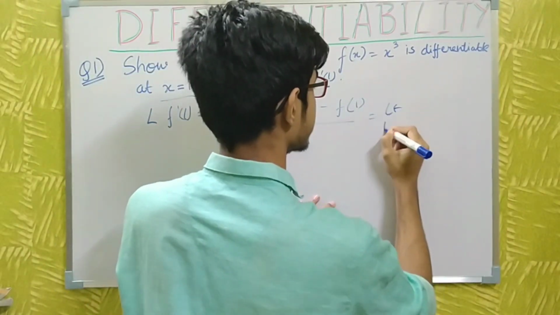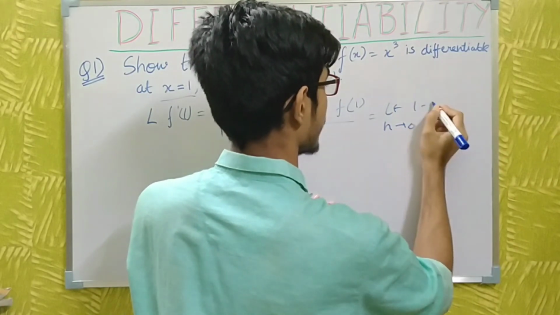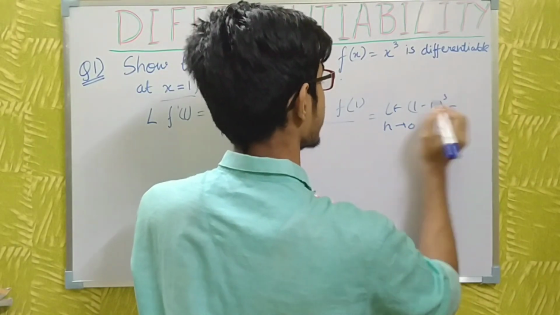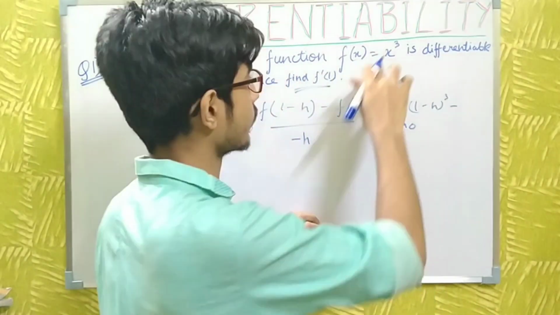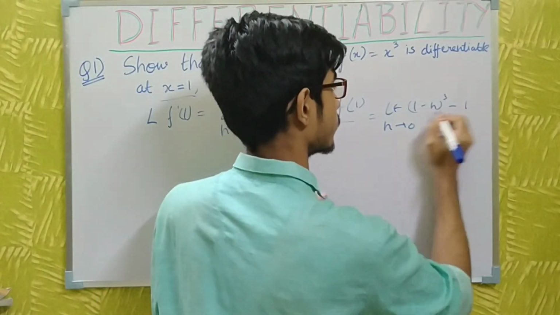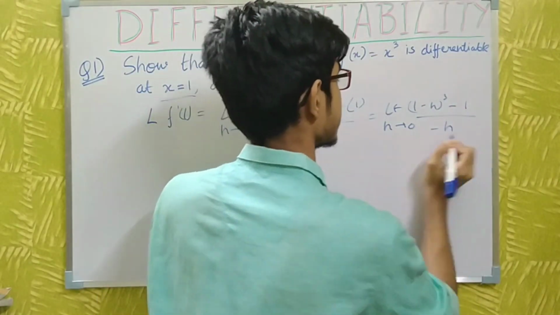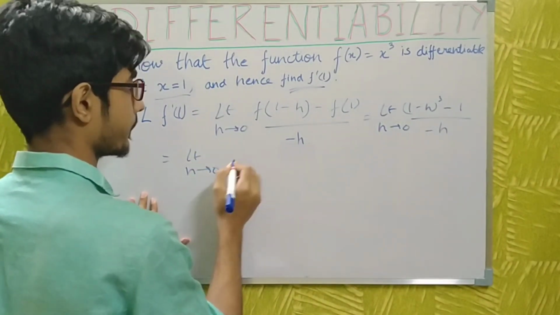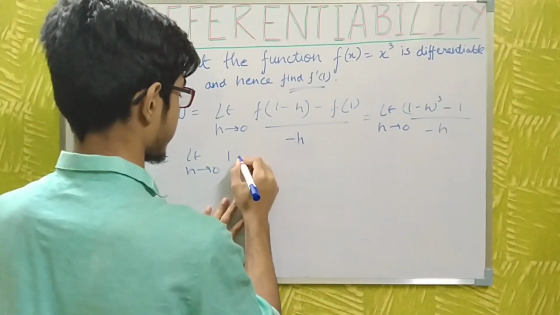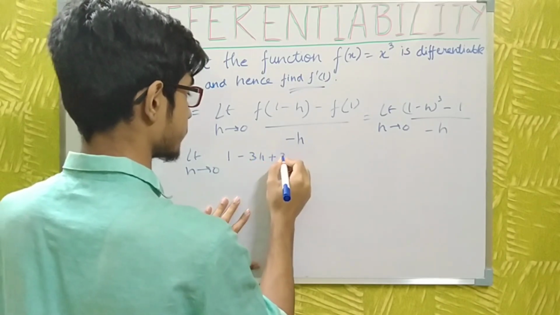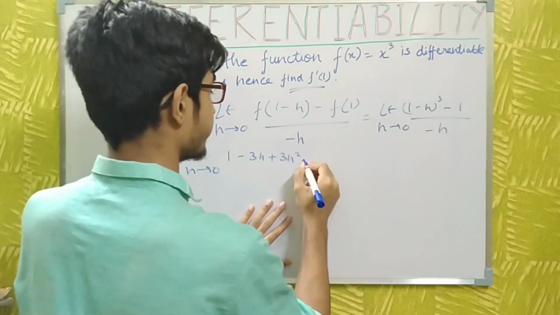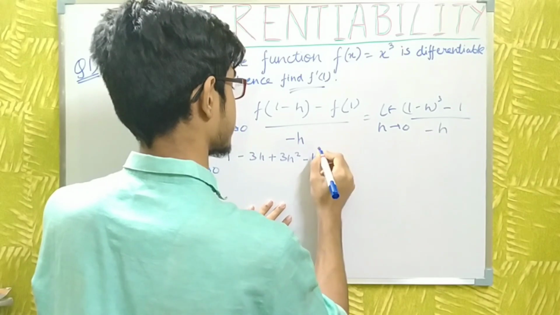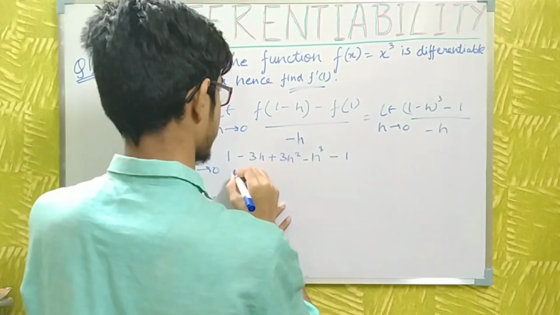So limit h tends to 0 of 1 minus h whole cube minus f of 1, that is 1 cube is 1, so I am writing 1, by minus h. So it will be limit h tends to 0 of 1 minus 3h plus 3h square minus h cube minus 1